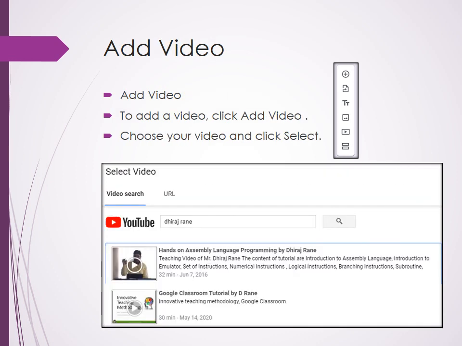As we have discussed about the image, the same thing is applicable to video. If you click this particular video button, the form will ask you to load the video for the question. Videos can be loaded in two ways only. One is the URL, another is video search. URL is anything. It may be on Google Drive, or you may have a web link from anywhere where you may access the video. Another is video search.